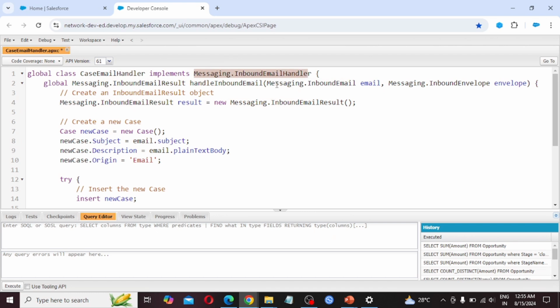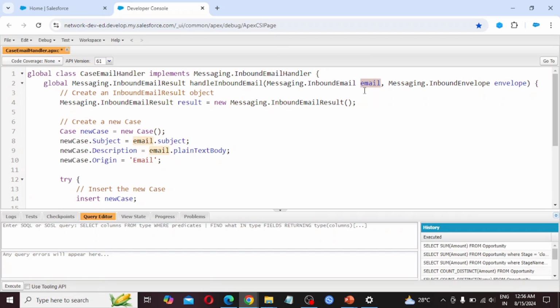This is the interface that we have to include. Global Messaging.InboundEmailResult, then handleInboundEmail(Messaging.InboundEmail